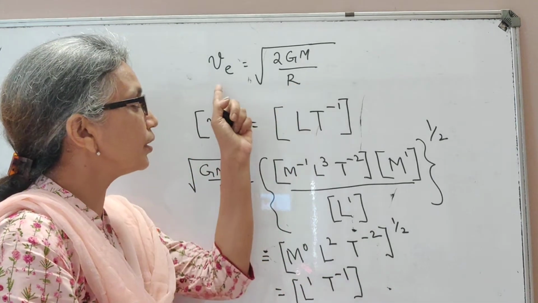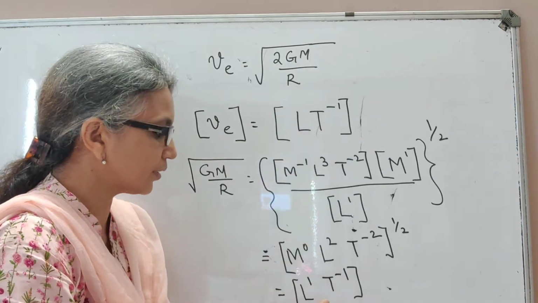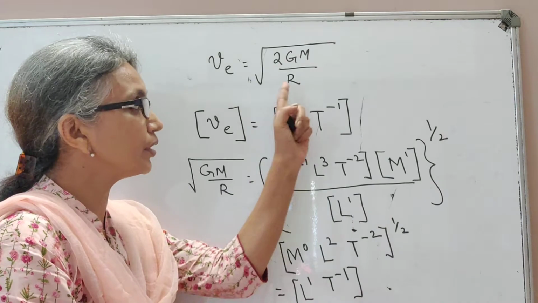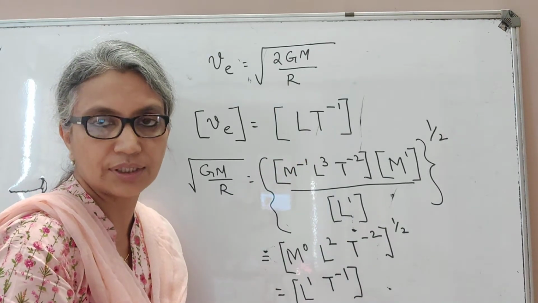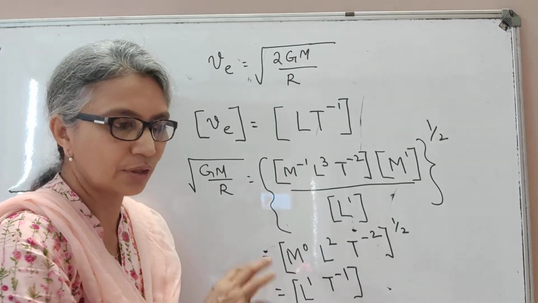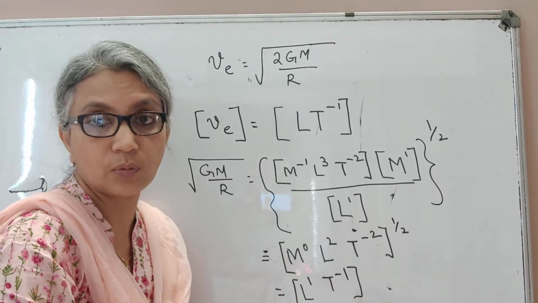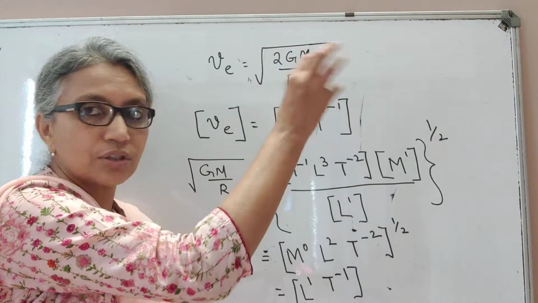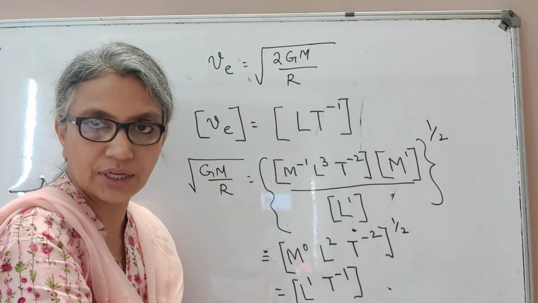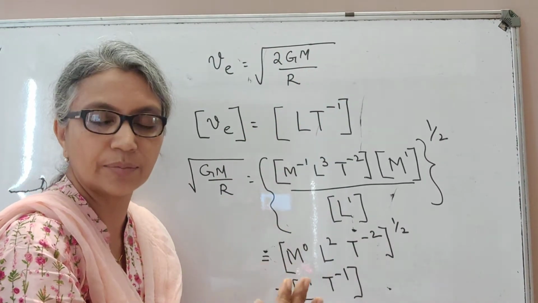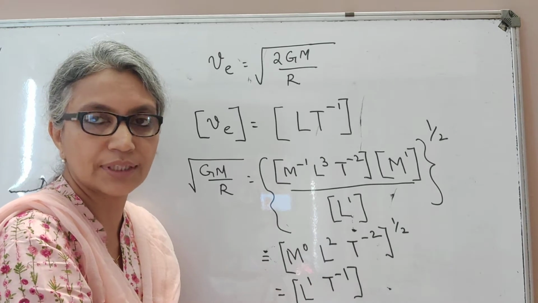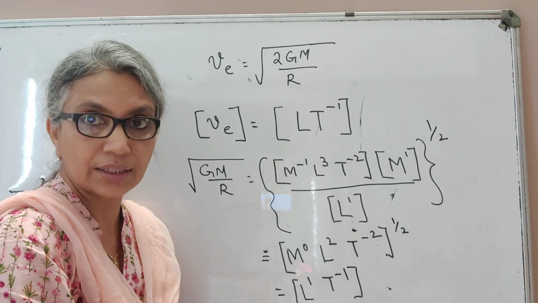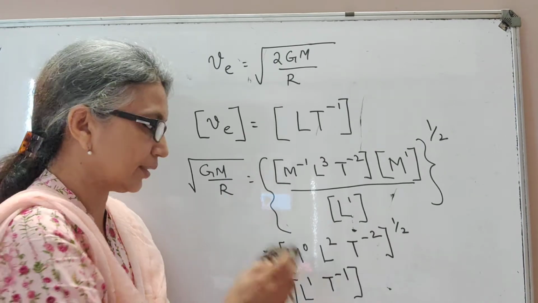side. So you will see that this term and this term both have the same dimensions, L t raised to minus 1, and therefore we may say that this equation is dimensionally correct. So I hope you understood how you can check whether a given equation is correct dimensionally. Simply take each term, check if they have the same dimension, then the principle of homogeneity says they are dimensionally correct. We now go into the second application of dimensional analysis.